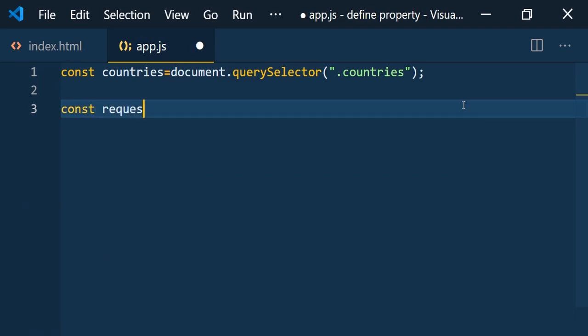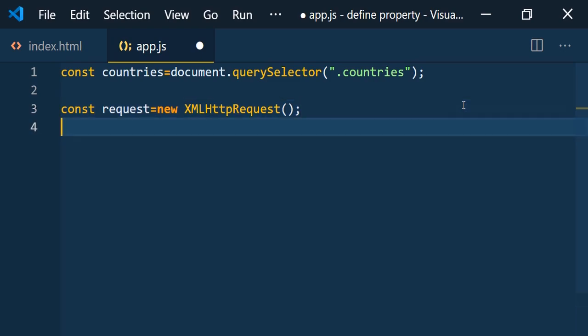const request = new XMLHttpRequest. So here we just created the object of the XML HTTP request. Though XML HTTP request is the old way of making Ajax calls, it is very important to know how XML HTTP request works so that we know the importance of promises. And even some of the applications might still be using XML HTTP request. Here we created the XML HTTP request object, and here we need to use the method called open,